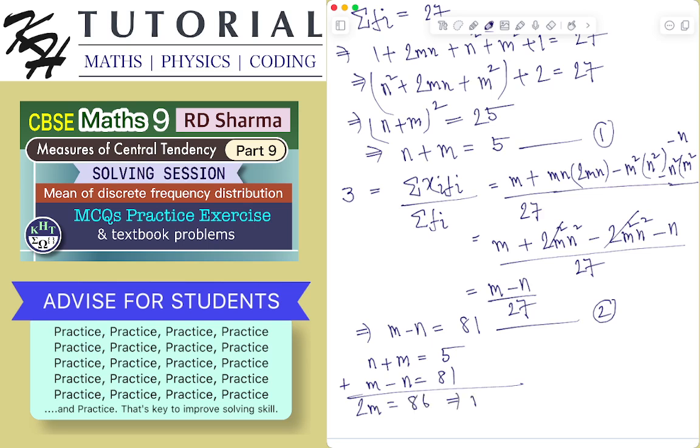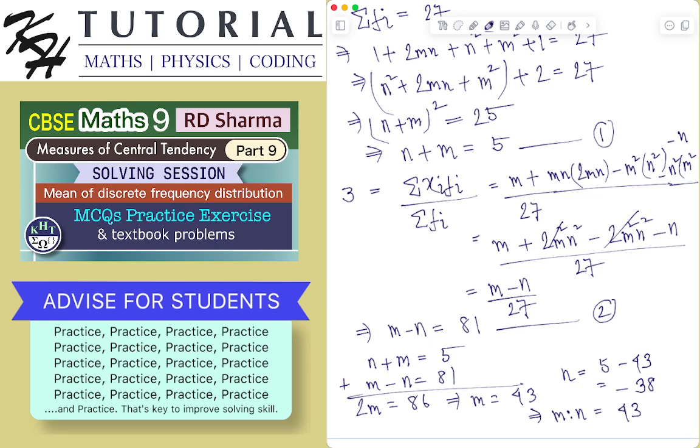This implies m is equal to 43. If m is 43, then n will be 5 minus 43, which is equal to minus 38. So n is minus 38 and m is 43. So this implies m is to n is equal to